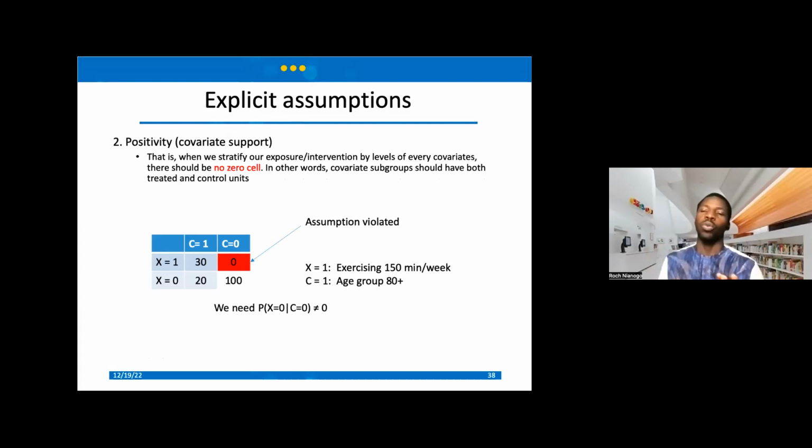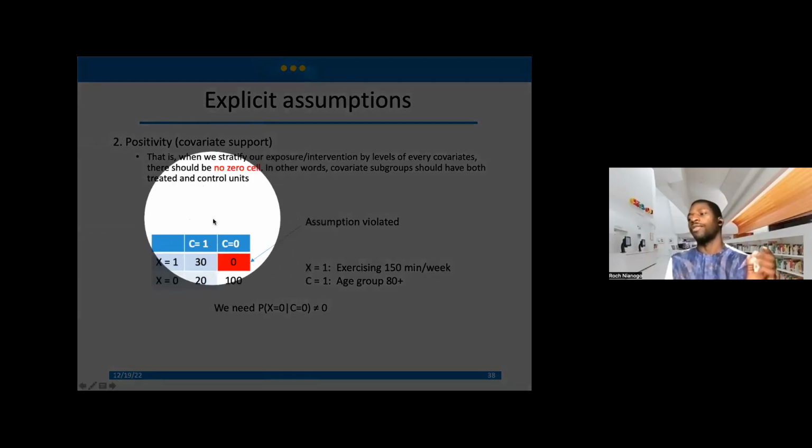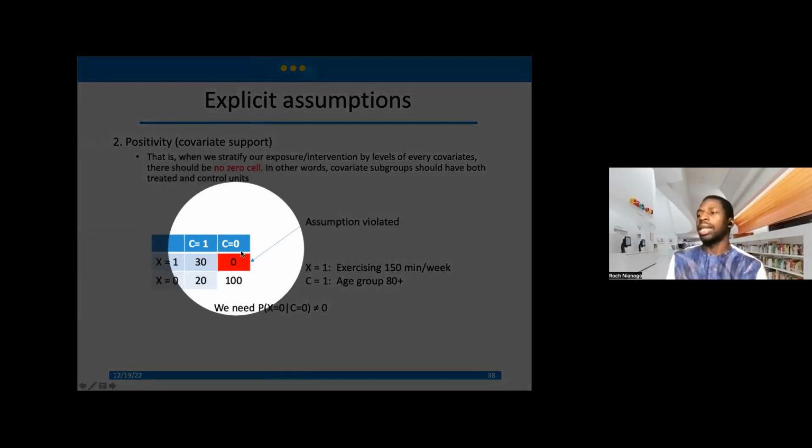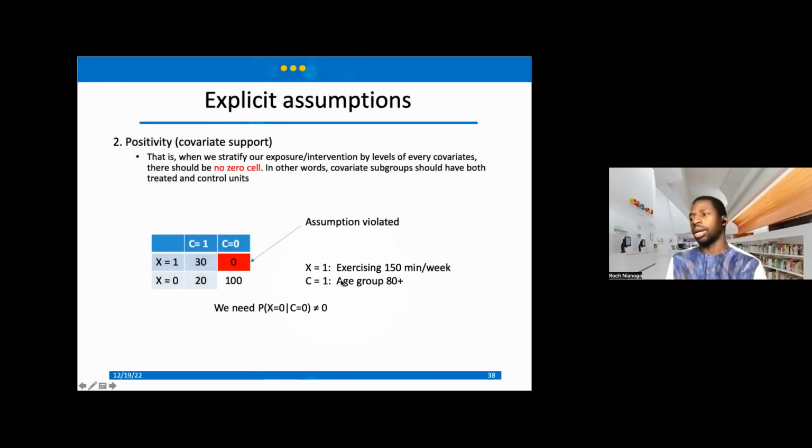This just means that if you were to stratify the exposure by a particular variable here, let's say C, say age group, you should not have a zero cell, right? For example, think of exercising 150 minutes per week, and let's say C equals 1 is age group 80 plus, and C equals 0 is age group less than 80.